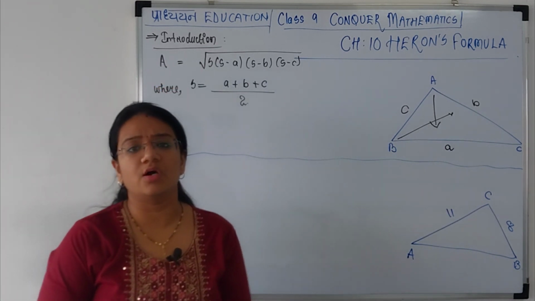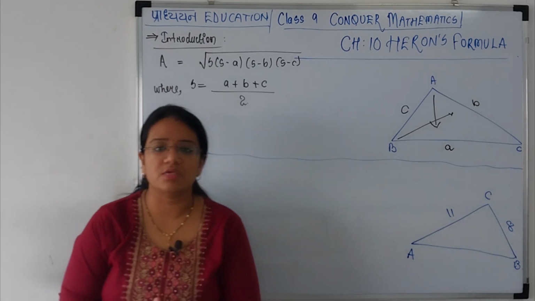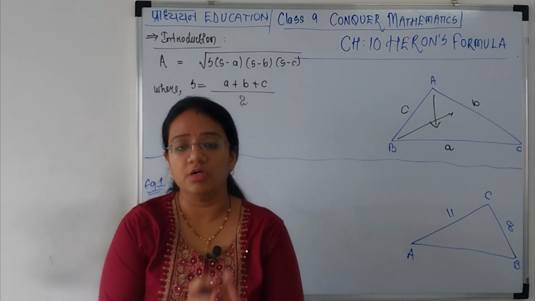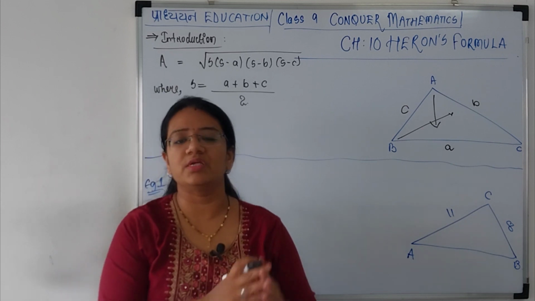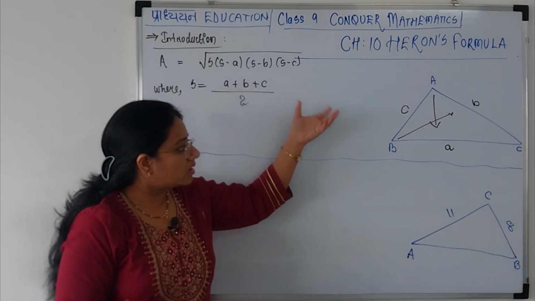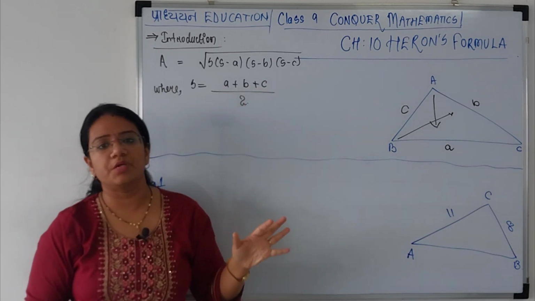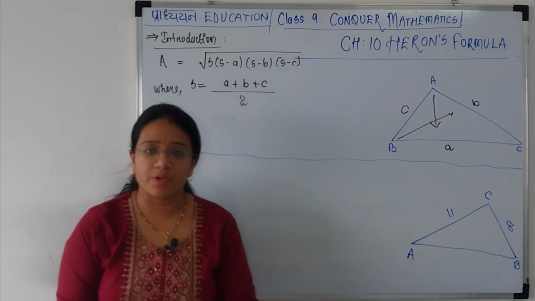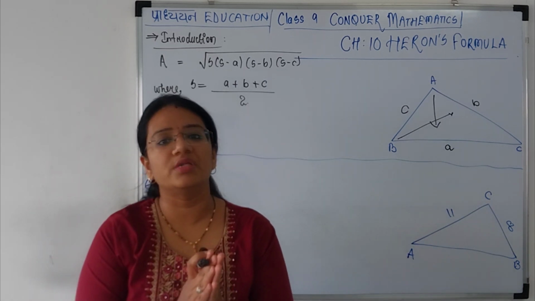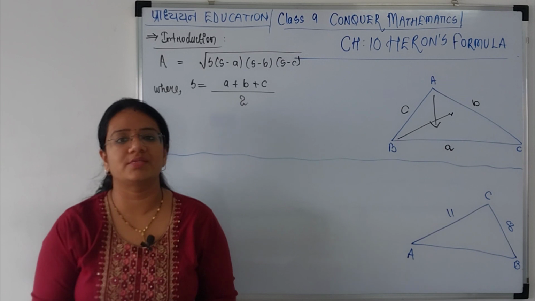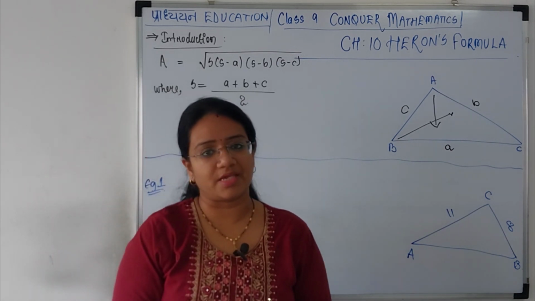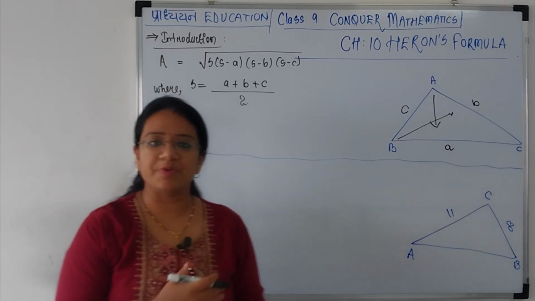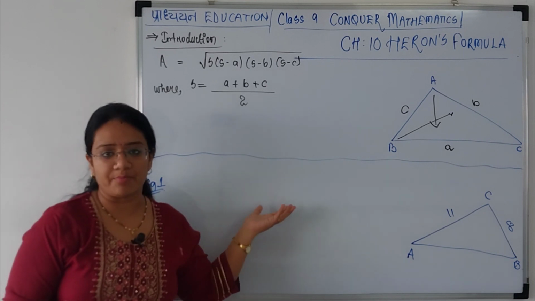So that is the only thing you are going to use in the chapter. There is nothing more to the chapter. There are no more concepts, only this. This formula is going to be used in all the 9 questions. That's right, there are only 9 questions in the textbook, 3 examples and 6 exercise questions. So let us begin with understanding example 1.